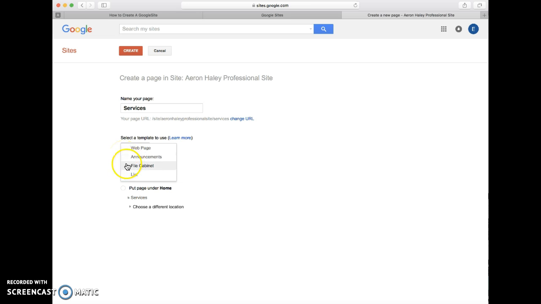We have announcements, which is kind of like a blog. We have a file cabinet where people can upload files for you, and we have a list. So we're going to keep it as a web page, and the location is going to be put page at the top level, because we want it to be its own tab. If we were to put page under home, then the services page would be shown if you rolled your mouse over top of the home tab. So we're going to create it as its own tab, put it at the top level. After you have your settings like this, click create,